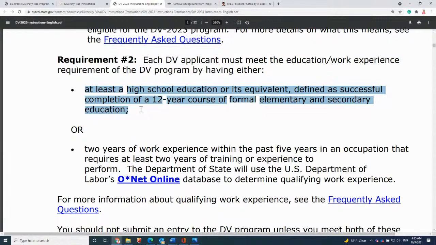Then you might ask a question: do they request for grades, or do grades matter? Basically, according to the instruction, grades do not matter. But I know some of the embassies prefer to see if you have a certain type of grades. So if you were just high school only, you apply and win, make sure